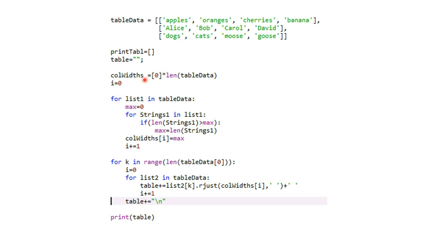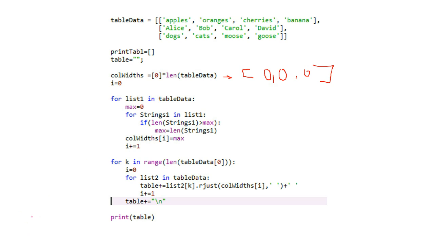That's what we will be doing, and this is a list actually. So we will have [0] times the length of table data, so it will be a list of 0, 0, 0. Let me tell you what will happen here: it will create a column widths list, and it will be 0, 0, 0.